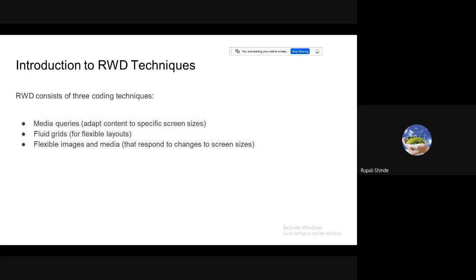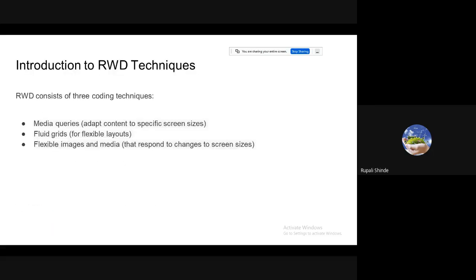Then fluid grids, which means you develop various layouts in the browser. Then flexible images and media that respond to changes in screen size. Flexible images means how to include images and how the images change according to the screen size.